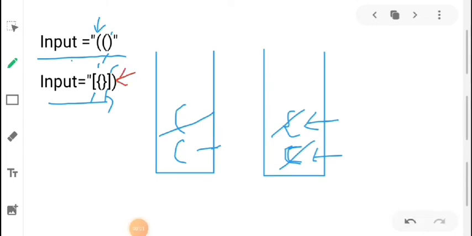The last one is a closing bracket, that is a round bracket. Here you can clearly see that our stack is now empty, there is no opening bracket here. So we can clearly say that this is an extra closing bracket, there is no particular opening bracket for this closing bracket. So in this case we'll return false, that is, this particular string is not balanced. Okay, so let's see the pseudocode for this.